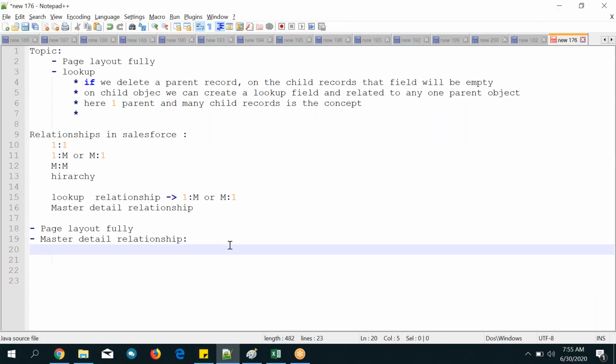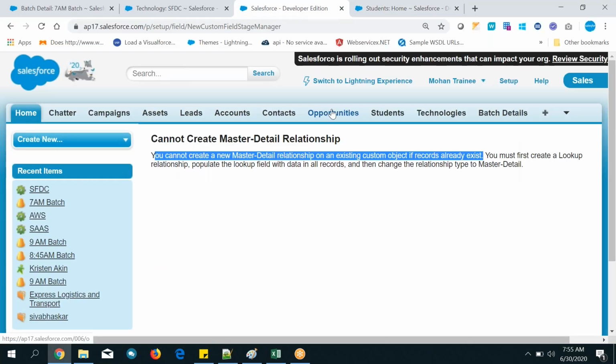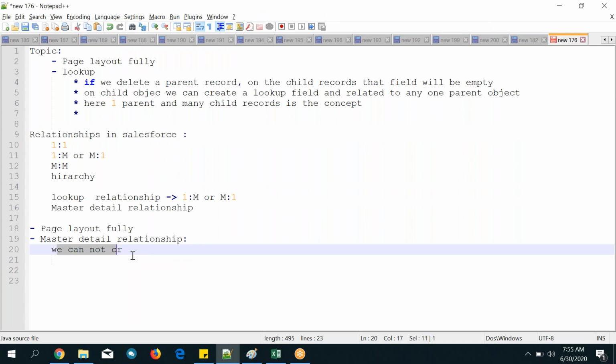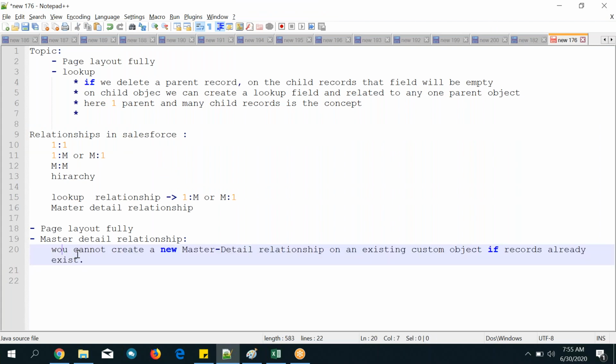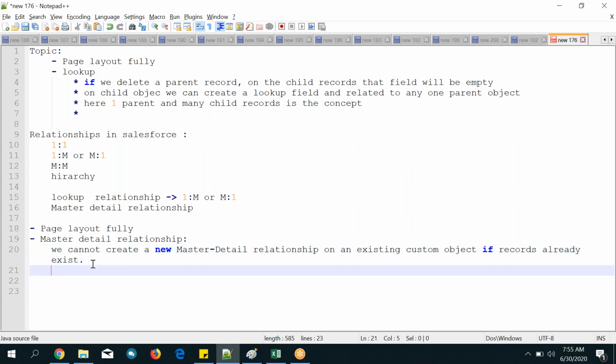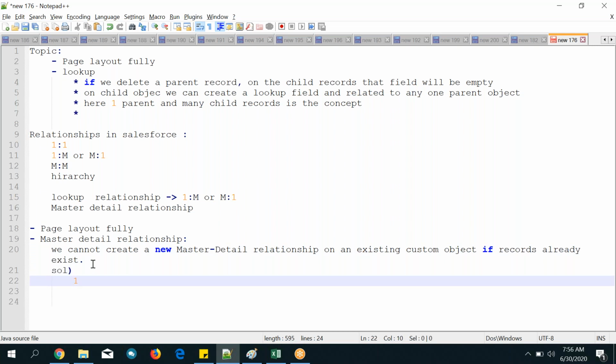Now we cannot copy it, no problem, just copy it. So what are the solutions? There are two solutions.